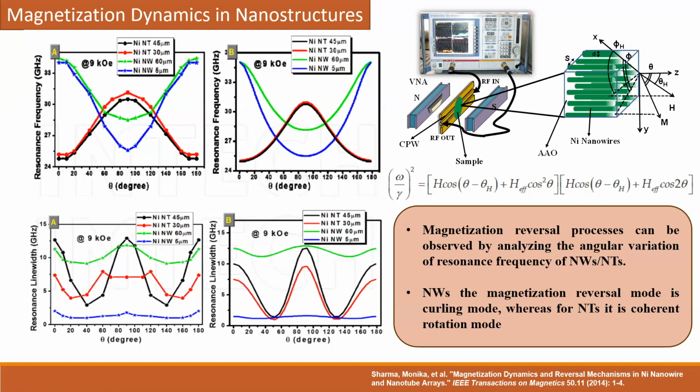They show the opposite behavior, and corresponding to this reversal mechanism, the change in behavior from 0 degree to 90 degree, we can interpret different parameters corresponding to the magnetic modes which are present in these one-dimensional nanostructures. The magnetization reversal processes can be observed by analyzing the angular variation of resonance frequencies for these nanowires and nanotubes. And nanowires, what we observe that the magnetization